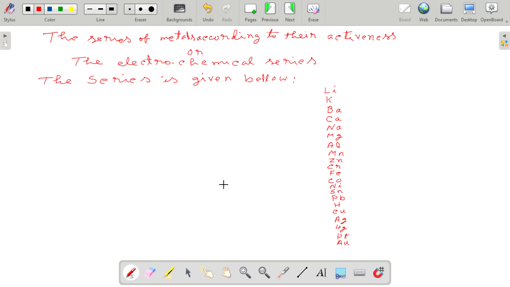In this series, if we follow the series from the upper portion to the lower portion, the activeness of metals will decrease gradually. So, according to activity, we can write